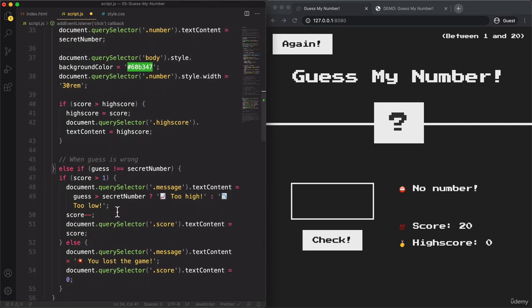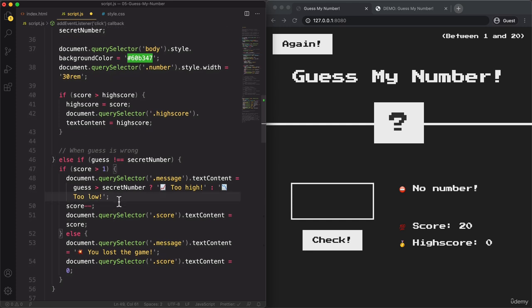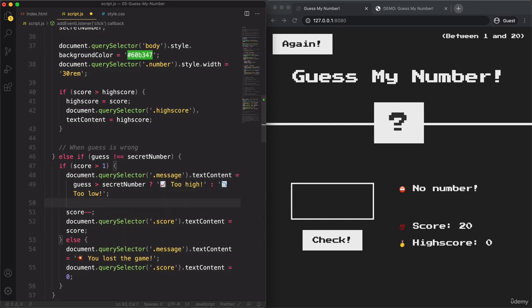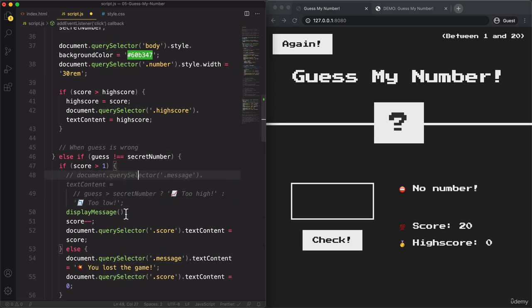So here is another one, and this is the one that we just refactored earlier. So this one is going to be a little bit different. So display message, and now here we need the argument. But that's no problem. We can simply do the exact same thing that we did here. So let's just grab this, and now we can comment this out, and actually this one too, and just paste it here,